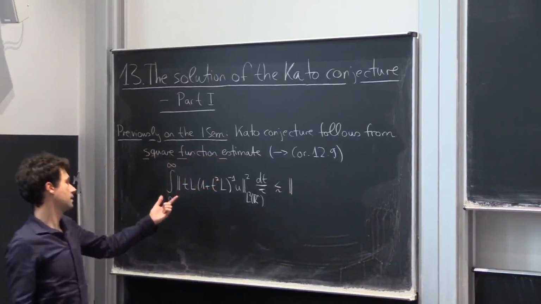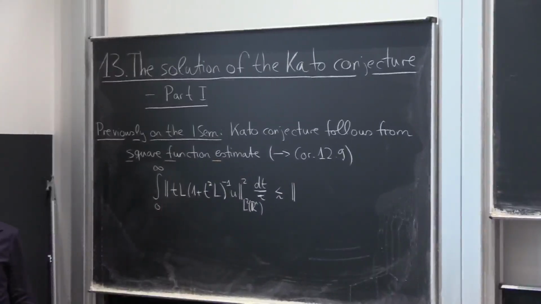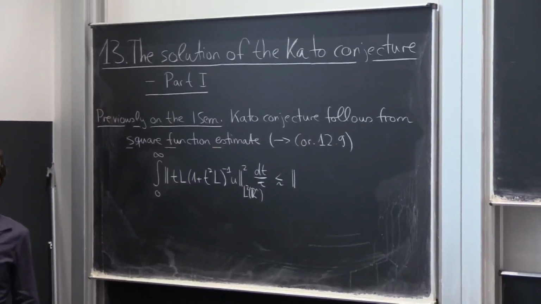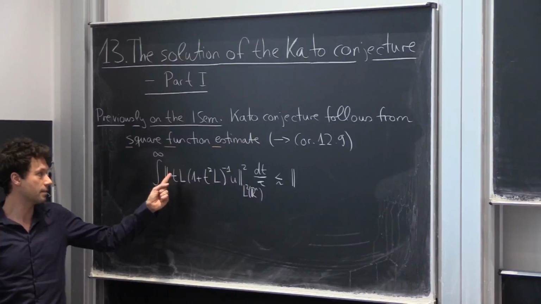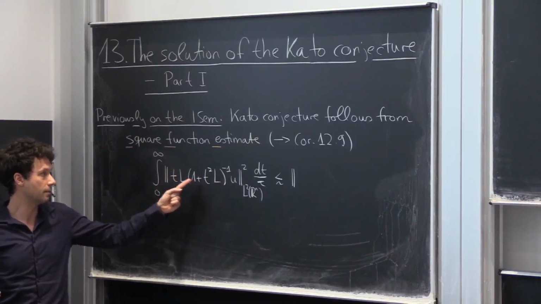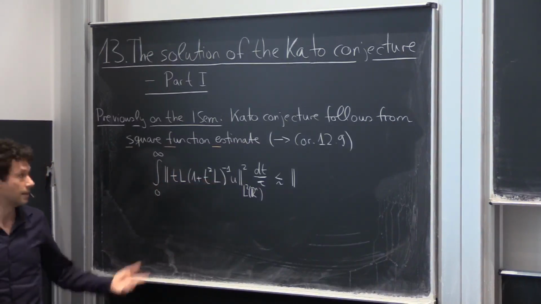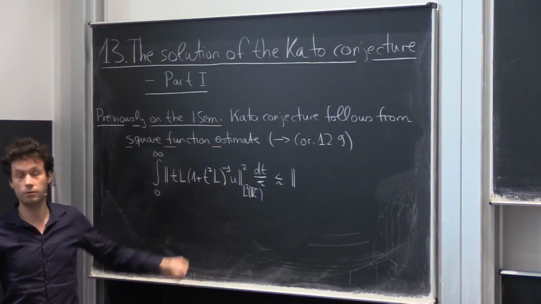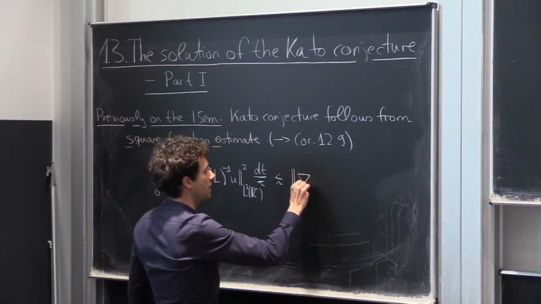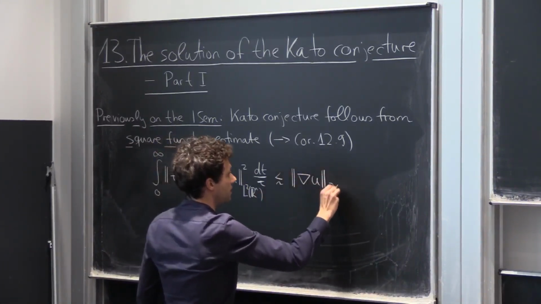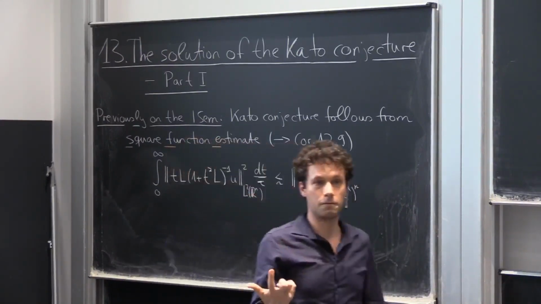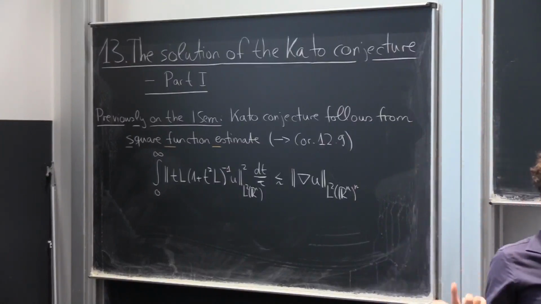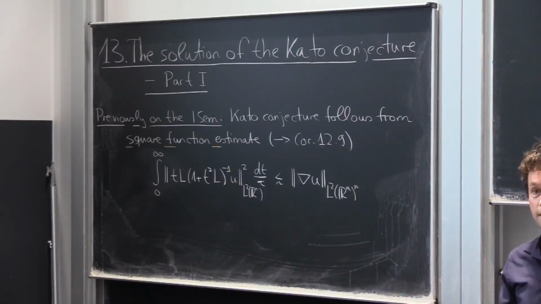Now this looks a lot like the quadratic estimates for McIntosh's theorem from lecture 8, but the complication is that the scaling is not correct because there's a TL here, but the scaling goes with t squared L, and also the bound is not in terms of u, but it should be in terms of the gradient of u. The gradient of u sitting on the right hand side is somehow an artifact of the Kato conjecture itself, comparing the functional calculus of L with the gradient, which is not part of the functional calculus of L, it's just the gradient.